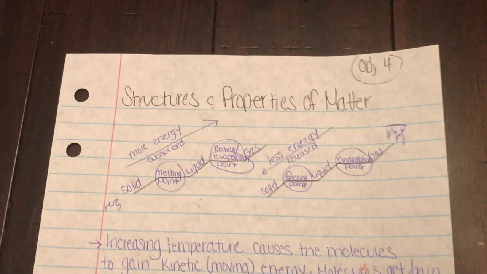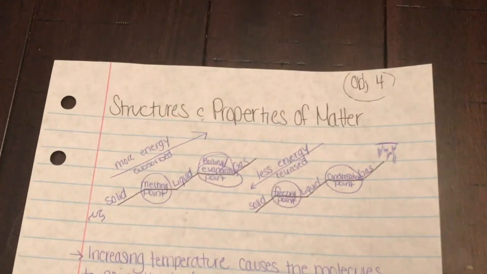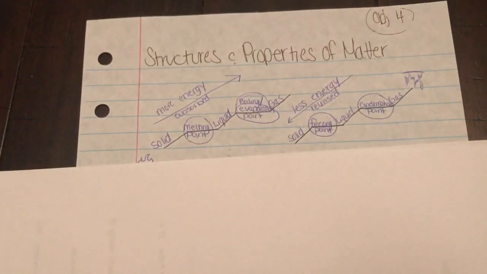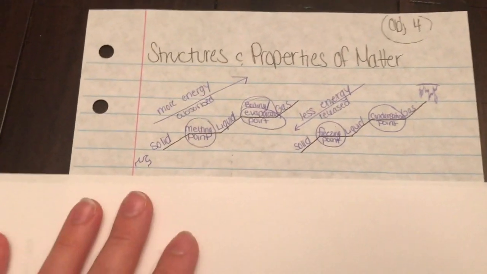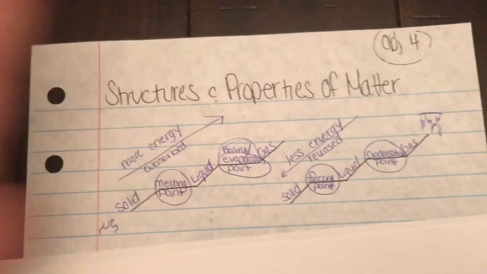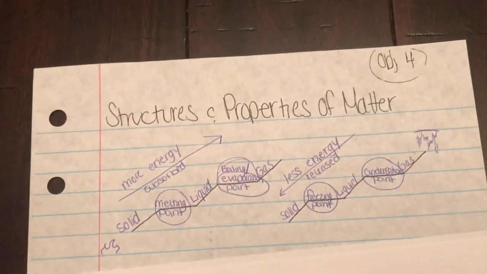Alright, last but not least, we're going to talk about structures and properties of matter, objective number 4. And this is all about how temperature and pressure can change a solid, a liquid, and a gas. So I created some very, very basic sketches for you guys. These represent